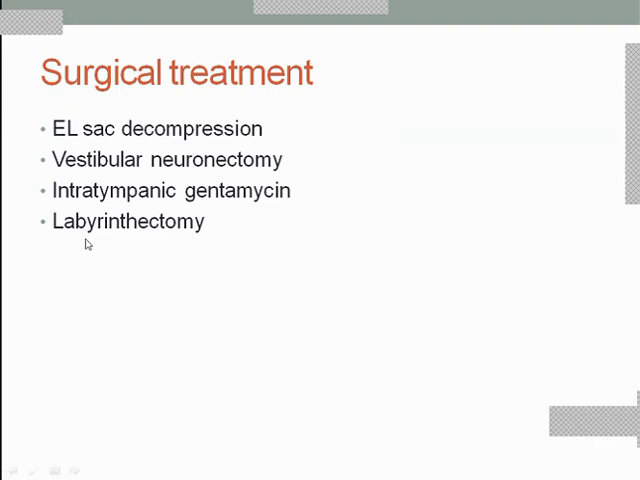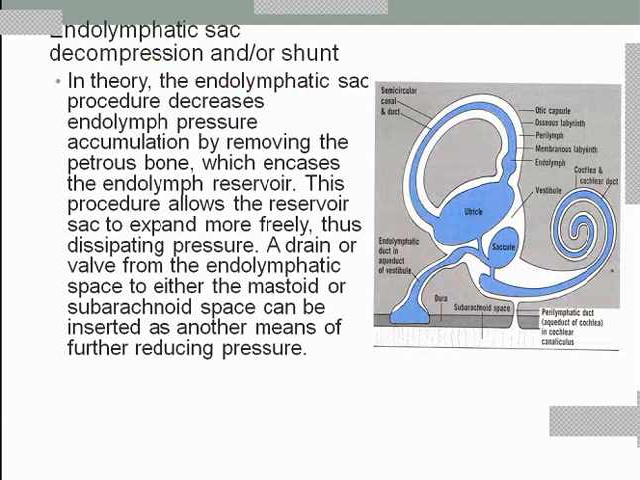Next one, endolymphatic sac decompression or shunting. As I have told you, this is the endolymphatic sac, and it is the excretory point of endolymph. So in this surgery, we'll drill the bone around the endolymphatic sac. We'll remove the bone around it so that the reservoir is increased. The endolymphatic sac can bulge more, increasing its reservoir content, thereby reducing the pressure